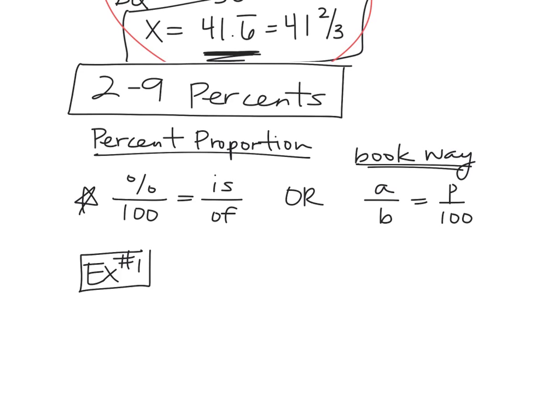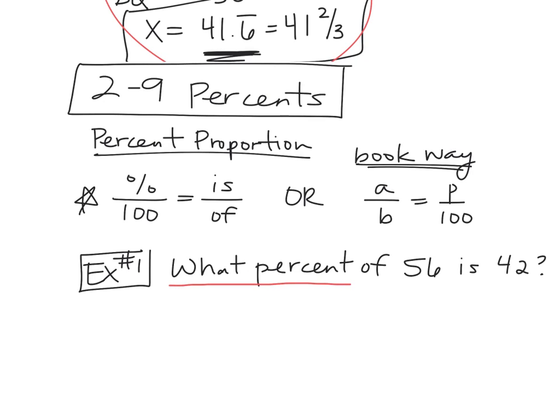For the first example, the question will say something like this. What percent of 56 is 42? Okay, what percent of 56 is 42? Now, if you notice, there's three different things going on here, okay? It's what percent of 56 is 42, okay? If I take my percent over 100 equals is over of, and I plop some numbers in there,